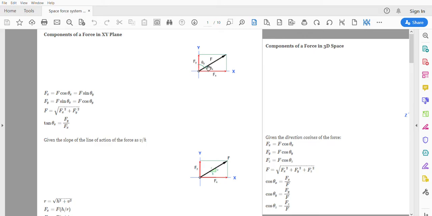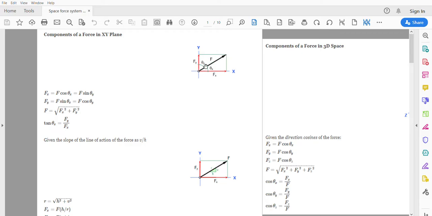Theta x is given. If only theta x is given, we will say that Fx equal to F cos theta x and Fy equal to F sin theta x. But what if theta x is assigned like this and theta y is assigned like this? You can simply say Fx equal to F cos theta x and Fy equal to F cos theta y, because we assign cos to a component of the force when the angle between force and one of the axis